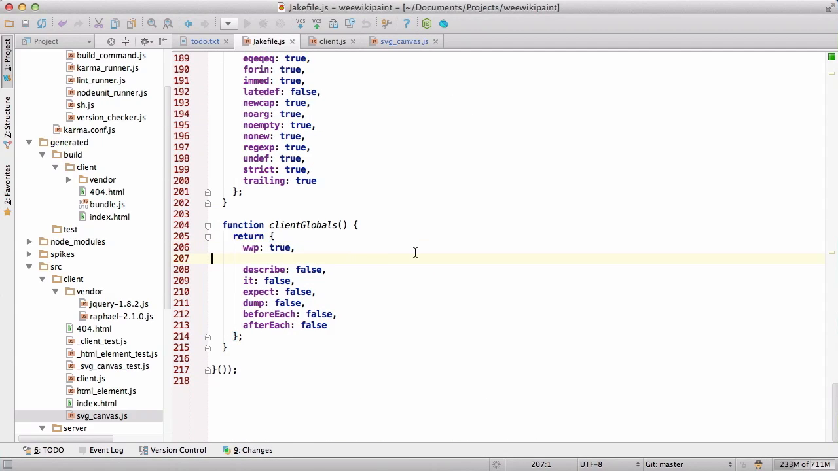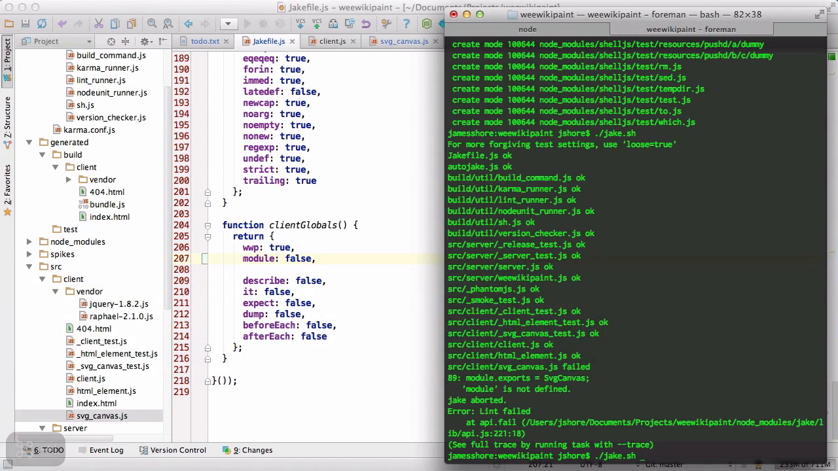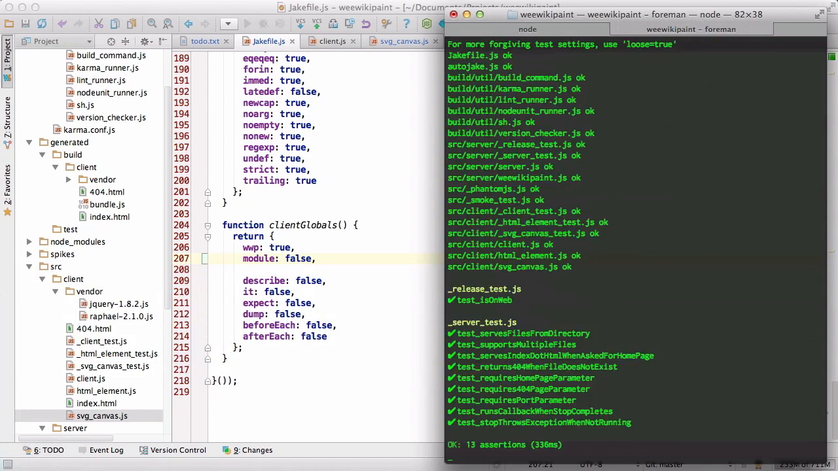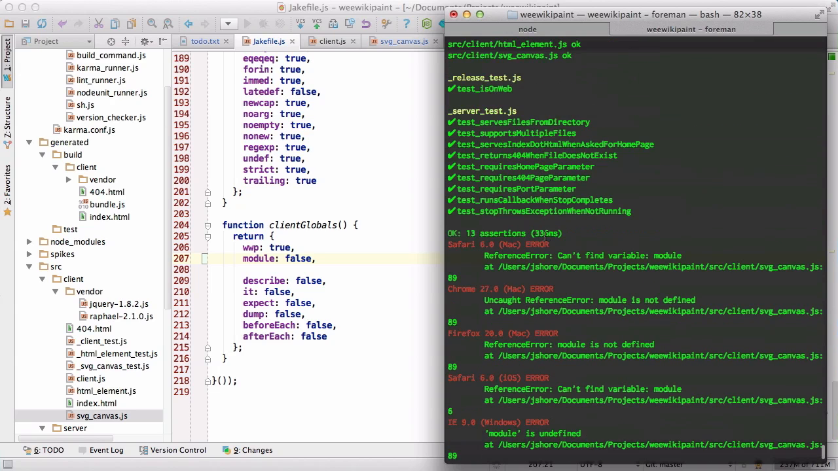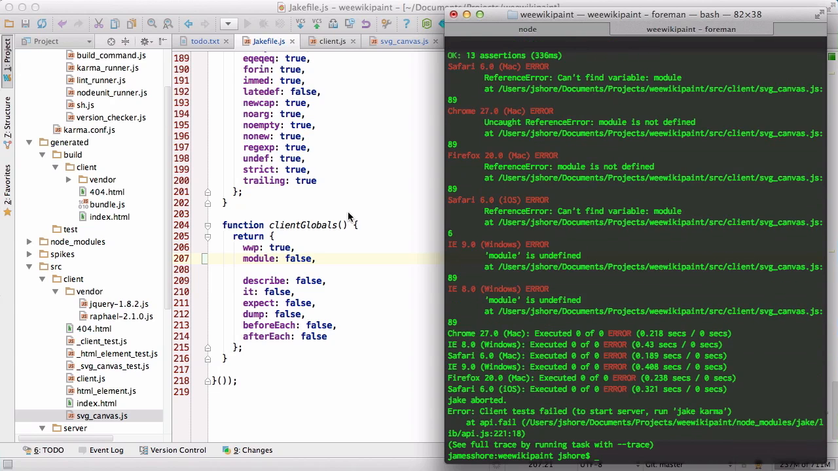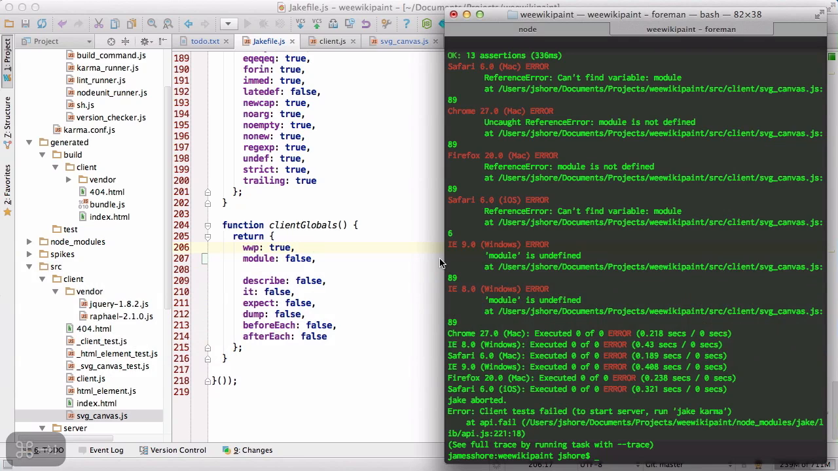We'll say that module is an expected global. There we go. Now it's failing at runtime, but I'm not exactly sure why. Oh, well, because our tests,